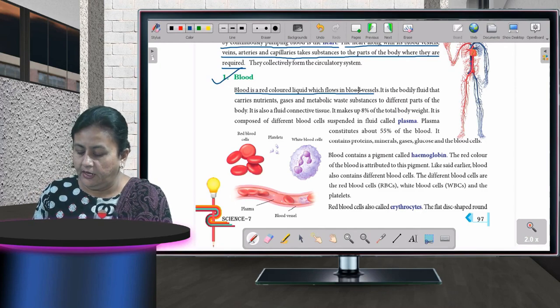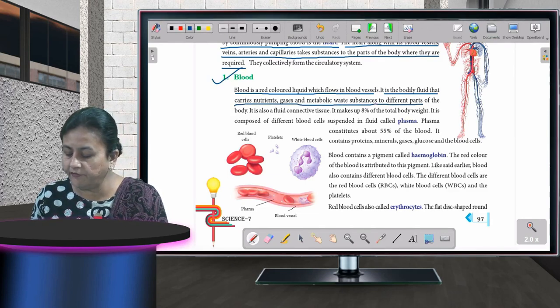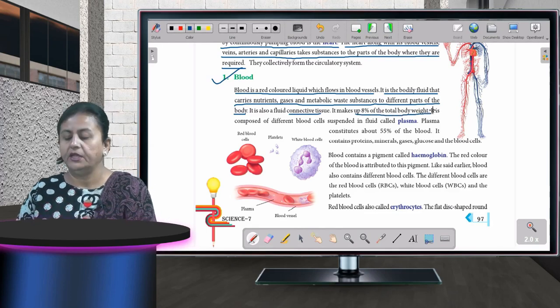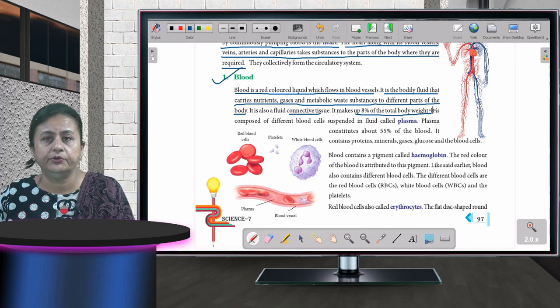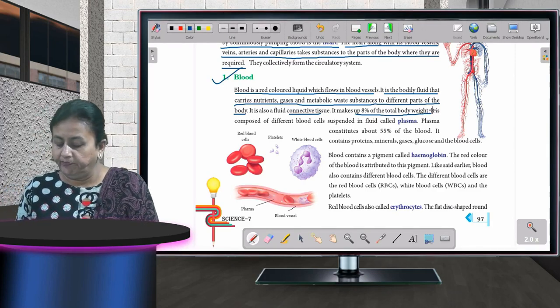Okay, now it is the bodily fluid that carries nutrients, gases and metabolic waste substances to different parts of the body. It is also a fluid connective tissue. It makes up 8% of the total body weight. Okay, how much does the blood contribute? It contributes 8% of our body weight. Okay, then